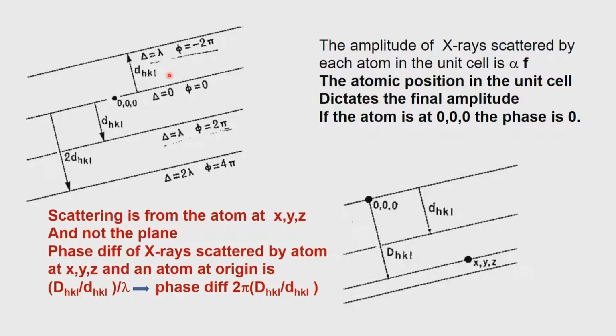Now, what is 2 pi? 2 pi is 2 times the pi value. What is pi? What is 2 pi? 2 pi is 360 degrees, or 180 degrees, which is correct? Think about it. We will leave you at this particular point, and once you tell me what is 2 pi, or once you realize what is 2 pi, we will go further along.